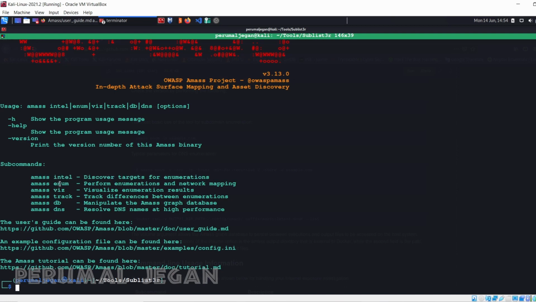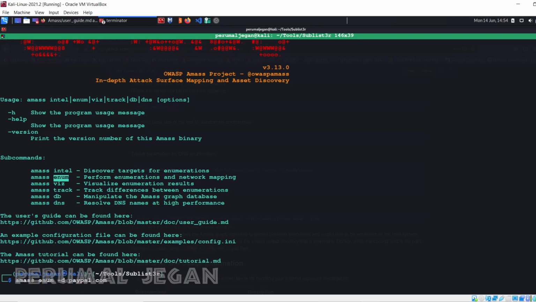We have to use the amass enum to enumerate the domains. amass enum, and to enumerate the domain names you have to use -d parameter and the domain that we want to enumerate. I'm again doing the paypal.com, just a click.